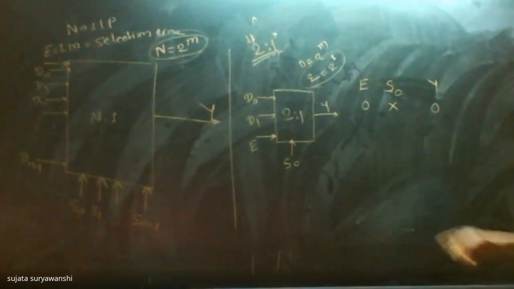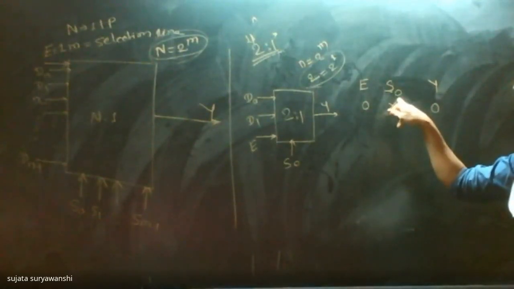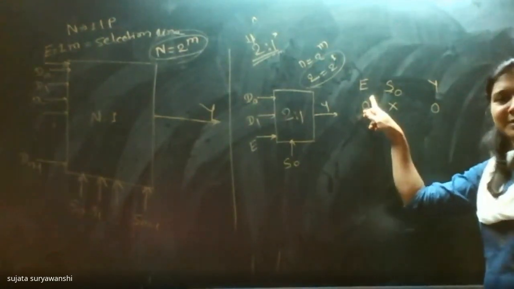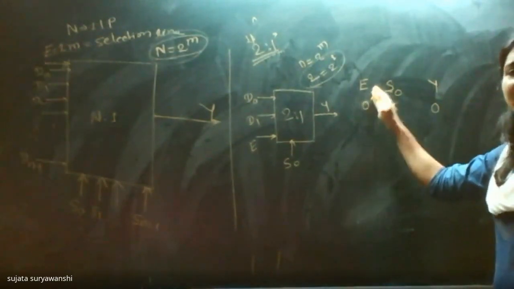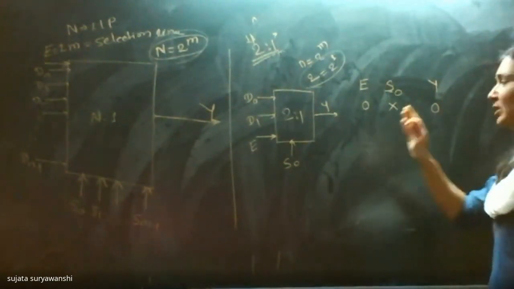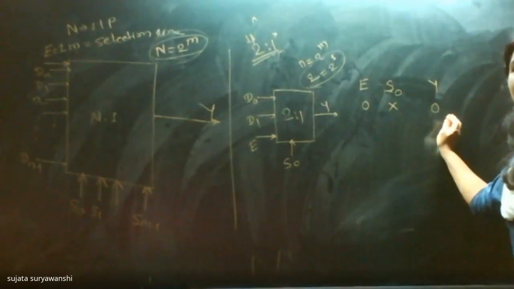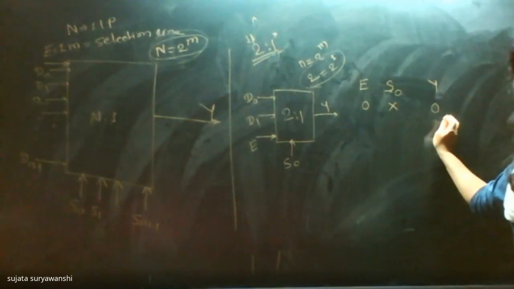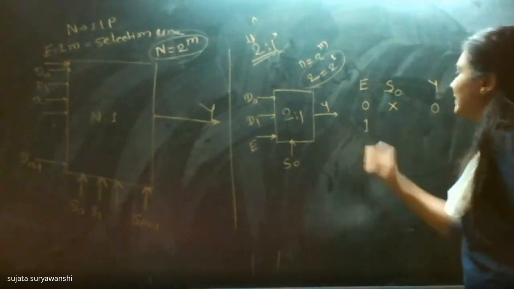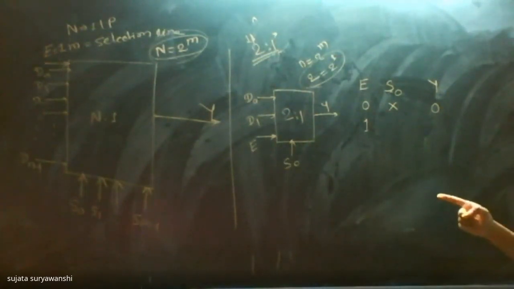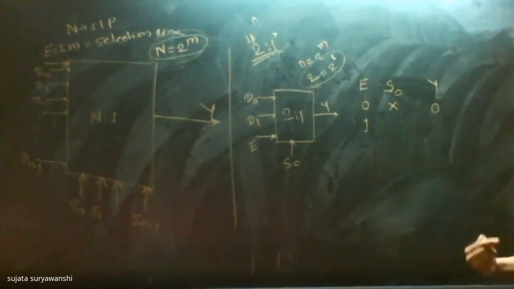Understood? Two inputs are there. One of the inputs is the selection line S and the second input is enable. Your multiplexer will work only depending upon the value of E, enable. If enable value is 0, then irrespective of the value of S0, that is the selection line, your output Y will always give 0 output. Then if E is equal to 1, means enable is equal to 1, your multiplexer is in working condition now. It will give either 0 or 1 output.